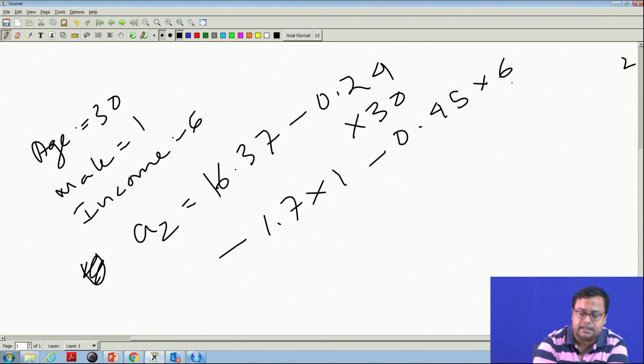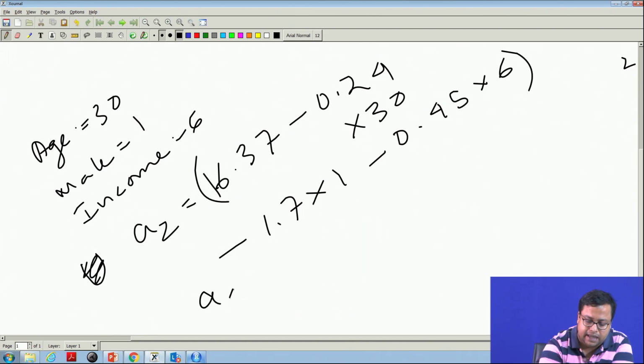So, this is not the probability, this is the measurement. And similarly, I find out A3, A4 also, and A1 is equal to 0.